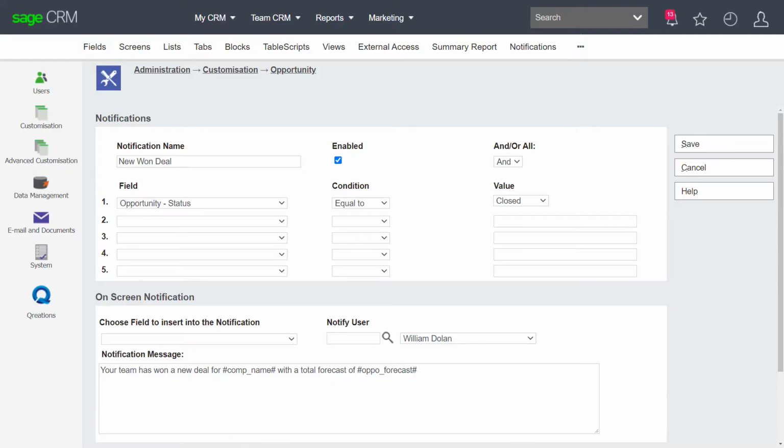Workflows can also be extended via the use of notifications. Notifications allow them to have automated on-screen messages or emails that alert them when some data or a date has been changed in Sage CRM. Examples of escalations include alerting them if a quota is expired or one of their sales team has closed a deal. However, all of these options can be configured within the interface with no actual code being written.